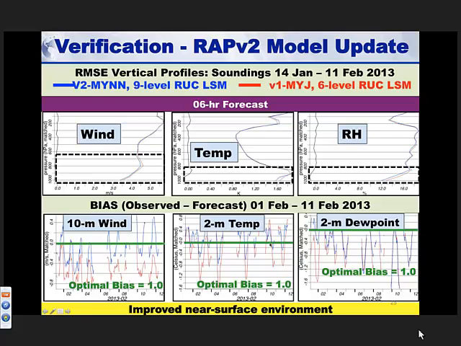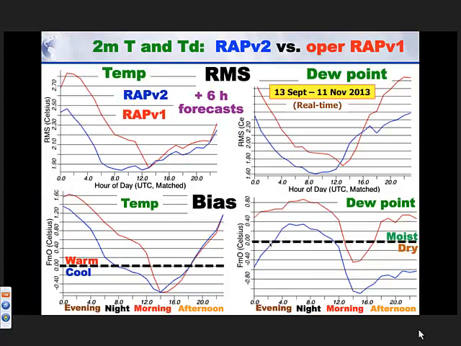Okay, and then going to a little bit more verification here. This is actually looking at this last fall and seeing improvements in the top row here is for RMS errors for 2-meter temperature and dew point. So especially in the nighttime, a big improvement in the temperatures from RAP V2 and the blue line here. A smaller improvement, but some there also in the daytime. So this is kind of normalized by hour of day for these 6-hour forecasts. And then the dew point also being quite a bit better in the RMS differences overall, almost all through the